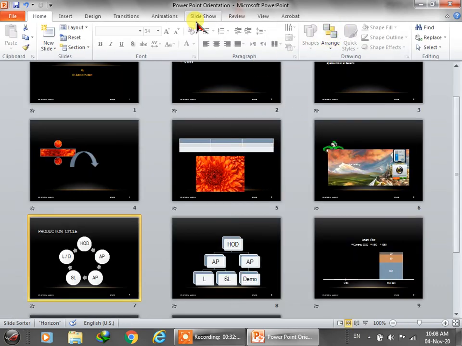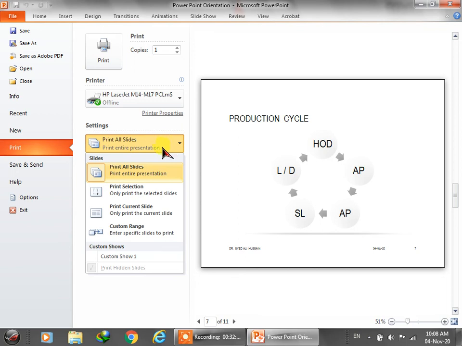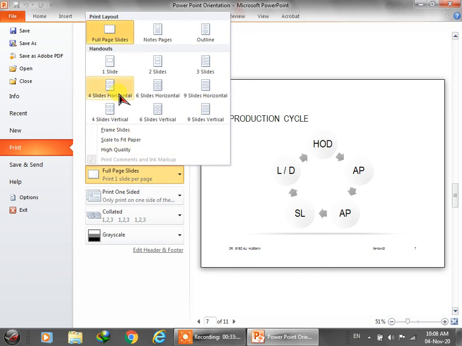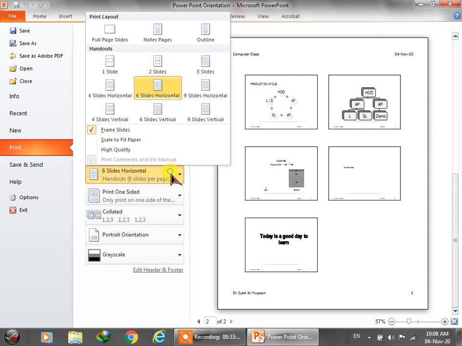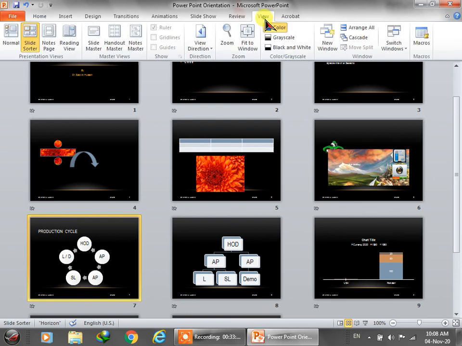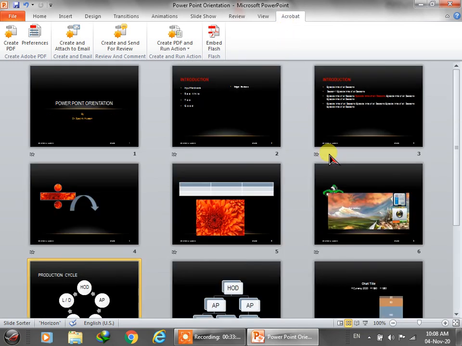how it will be shown, because when you print these, if I click Control P, it will ask you to print all slides. Normally we click on print all slides, or let's say custom slides, but we want 4 slides on one page. These are called handouts, okay, or 6 slides or 9 slides on one page. So that will make your printing a lot easier. And then Acrobat, you can save your presentation into PowerPoint format.